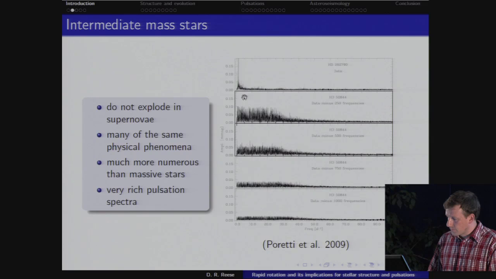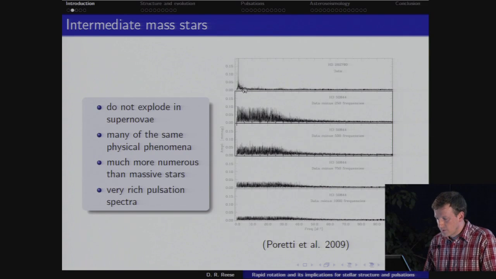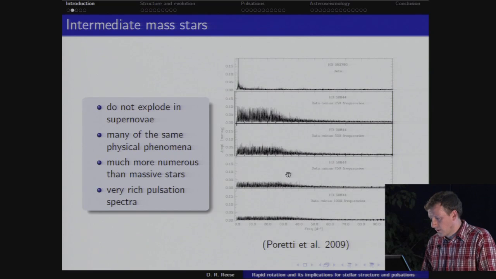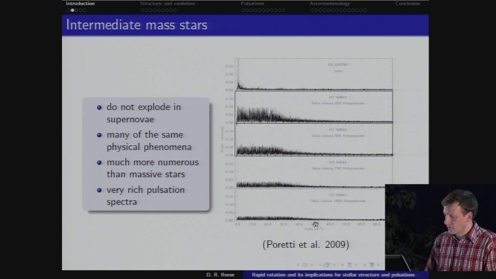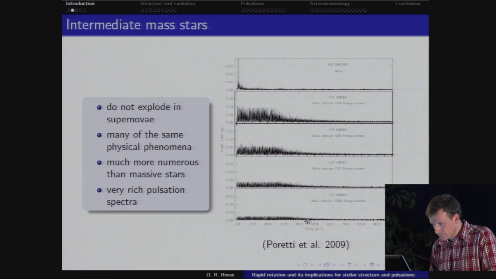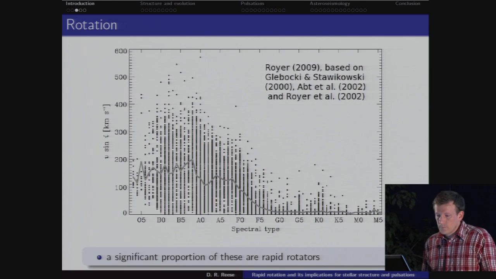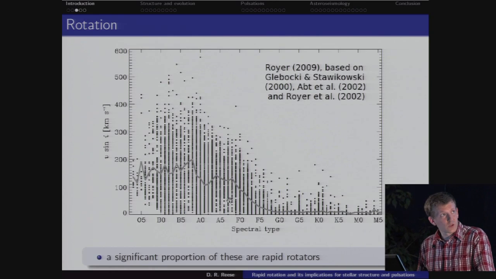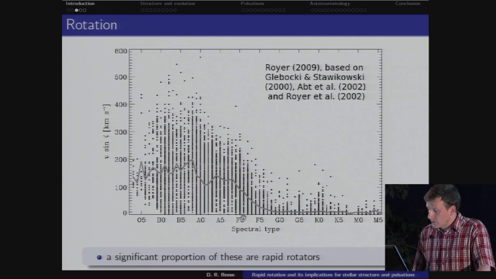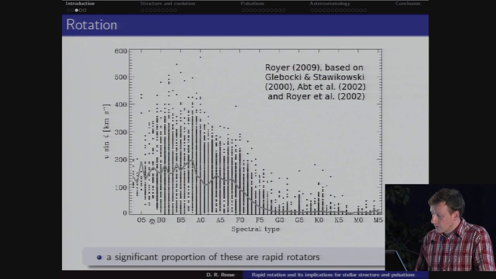So here you've got a frequency spectrum of a delta Scuti observed by CoRoT. And you can see that even after subtracting 1,000 pulsation frequencies, you still have a residual here. What makes these stars different is that a significant proportion of them are rapid rotators. And you can see this in this